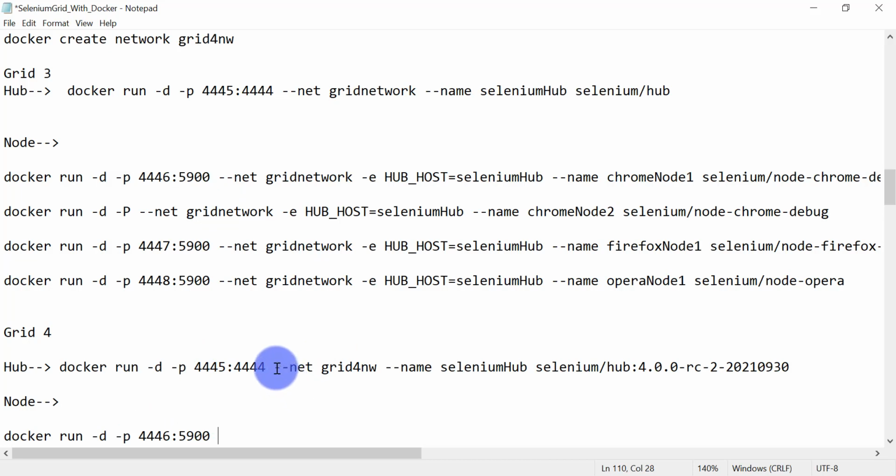We have created our hub container in this network, so we need to create our node containers for browsers in the same network. Next, we had specified the environment, that is hub host equal to selenium hub. That means this container should be linked to this hub host, that is the selenium hub container. We are going to do the same here, only a slight difference is there.